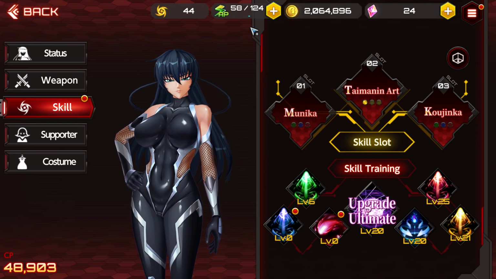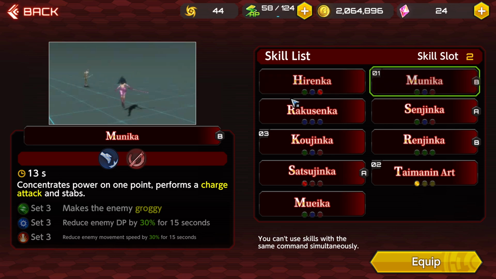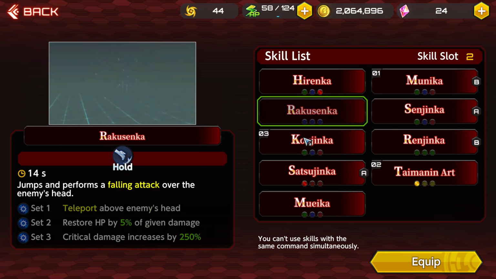Right now she's not wearing gear because I took stuff from her for other characters, but you get the idea. In an ideal world these would all be maxed out. Munika also works if you're running Haruka and decide to do all blue, because it would give them a 30% defense reduction. But if you're only splashing in one Haruka,